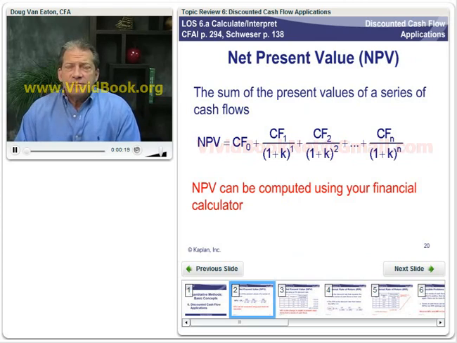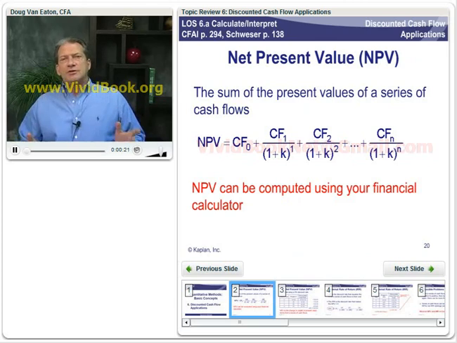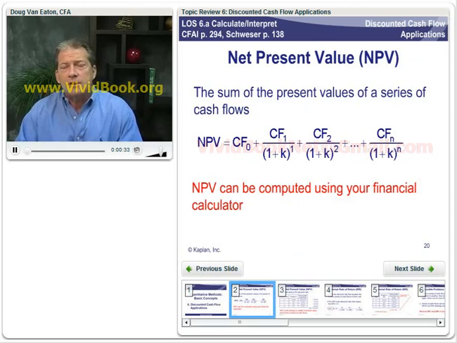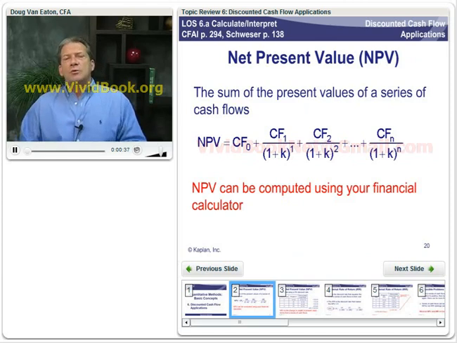The idea of net present value is when we have a series of cash flows. In its simplest application, it would be in project finance or capital budgeting, and we will discuss this more in the corporate finance section, but we introduce it here in our quantitative methods. So if we have a project where we buy a machine today and then that machine is going to produce output which makes money for us over a number of periods, 2 years or 10 years or 20 years, then